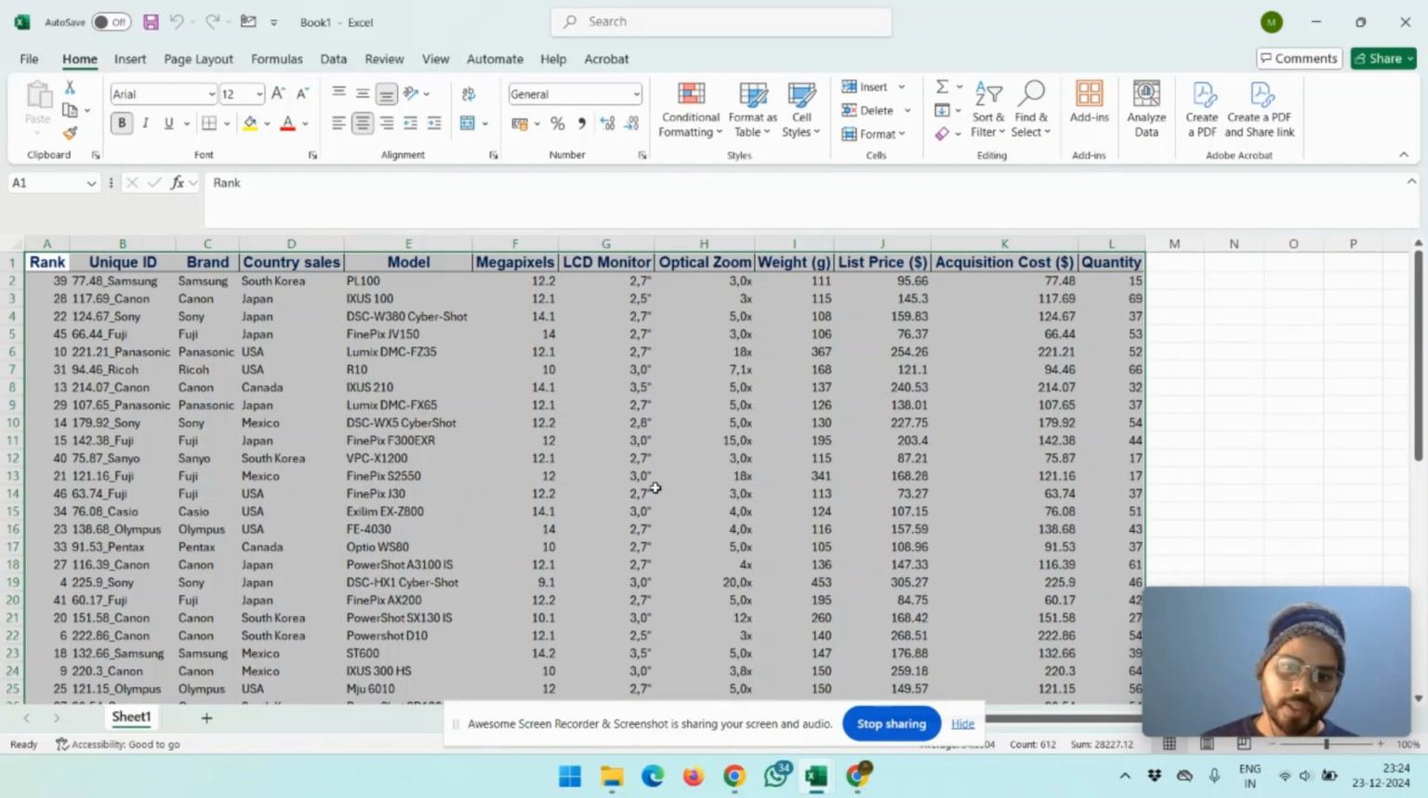Second one is filtering with slicer, and third one is filtering. So in this video we will discuss only three points of pivot chart. So firstly, let's discuss